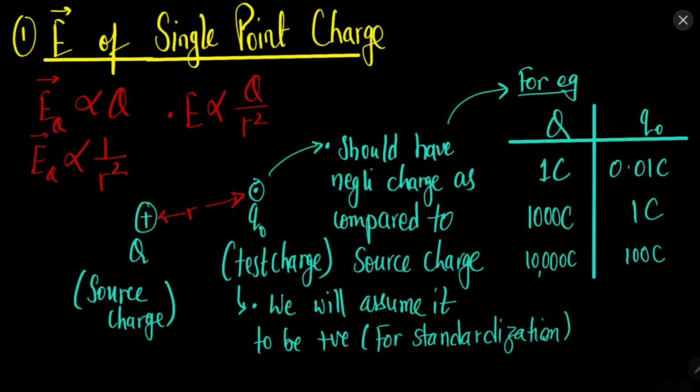It was observed that the electric field by the source charge is proportional to the value of this source charge. If the charge is more, electric field intensity is more. It is also dependent on the distance. If the distance between source charge and test charge increases, then the intensity decreases. It is quite simple, you have experienced it as well. When you are away from the charge, the force is less, the field is less, and it varies by 1 by r square. So if the distance increases by 4 times, then the electric field will reduce by 16 times, since 4 square is 16. So ultimately, electric field is proportional to q upon r square.